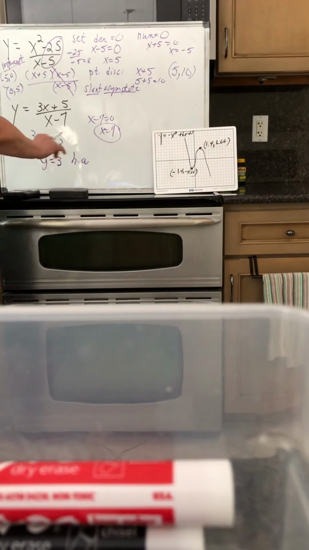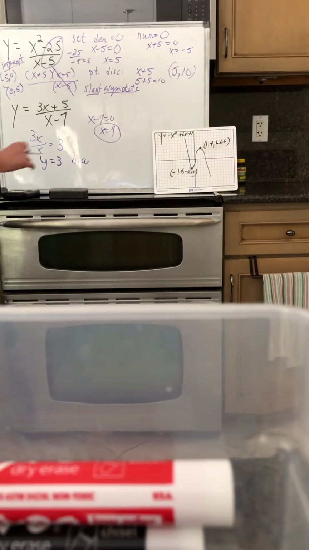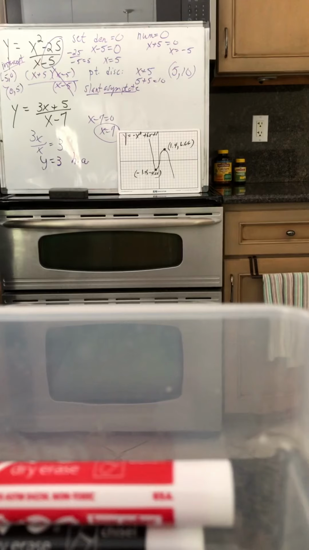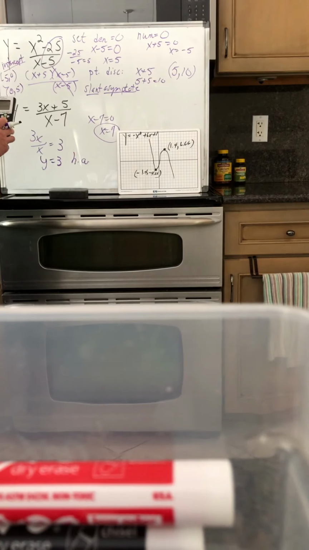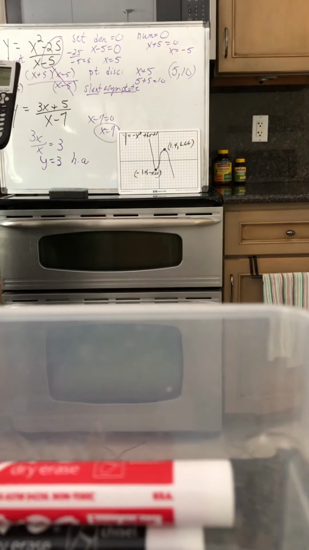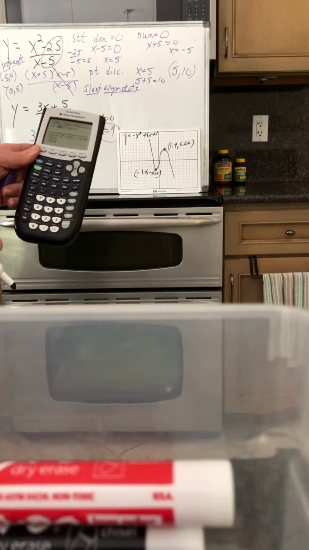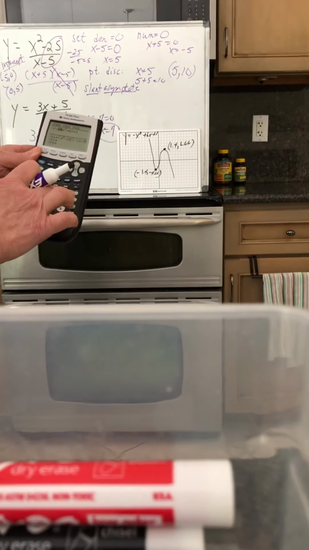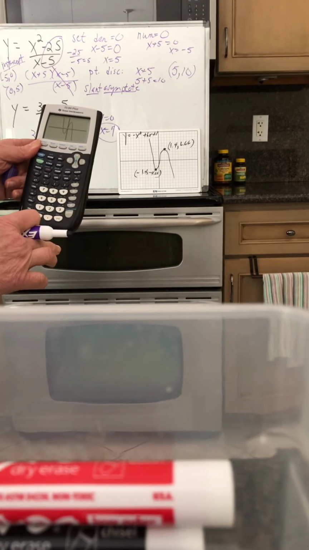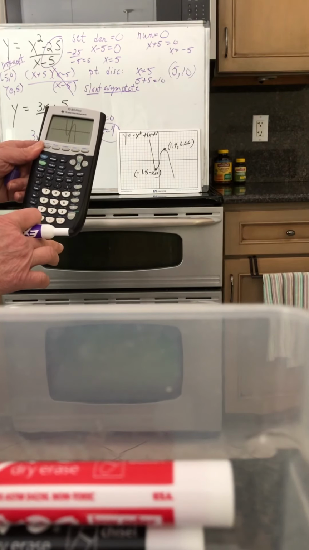Okay, so we also talked about increasing and decreasing functions. I have this one on the graph for now. I also have it on my graphing calculator. So when I have it on my graphing calculator, if you can see, I typed in y equals x to the negative x to the third plus 6x plus 1. If I'm trying to look at that on a graph, and I want to know where this function's increasing,